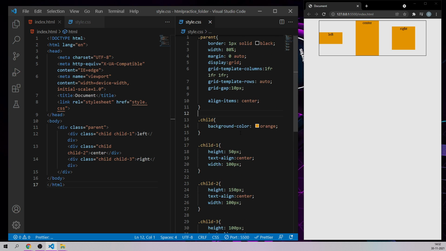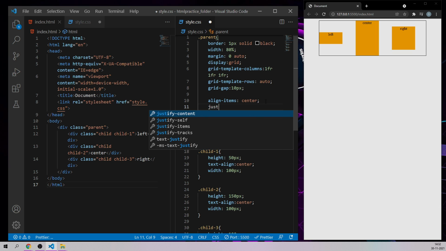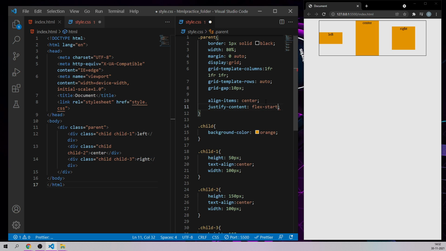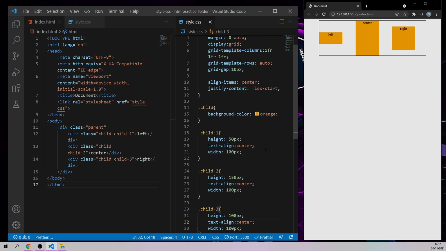Now just like align items, I'm doing it in the parent element, I have justify content. If I say flex-start and save it, it starts from the beginning itself here.